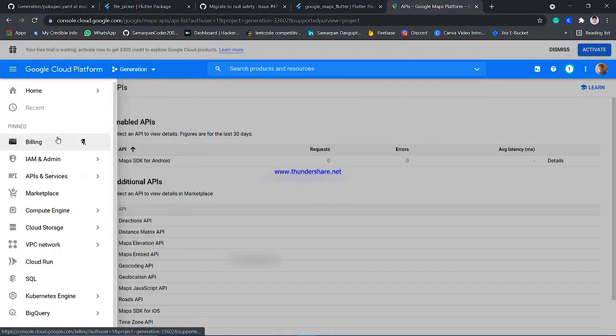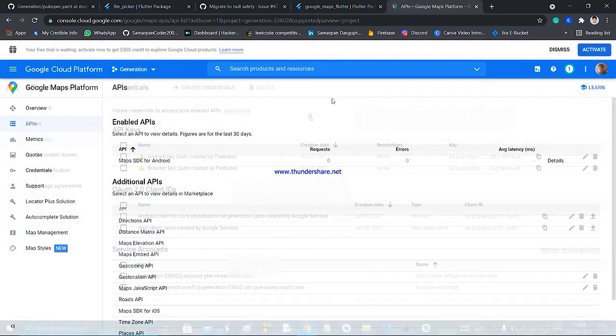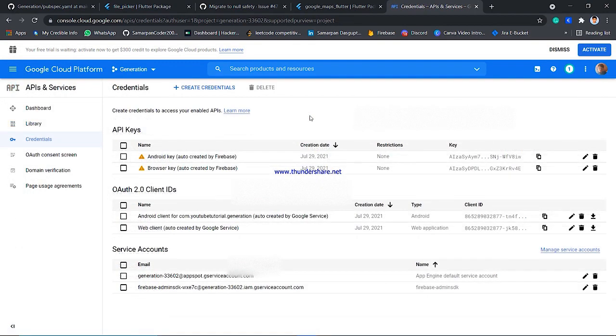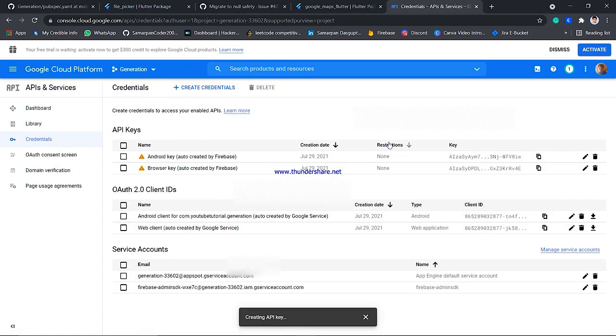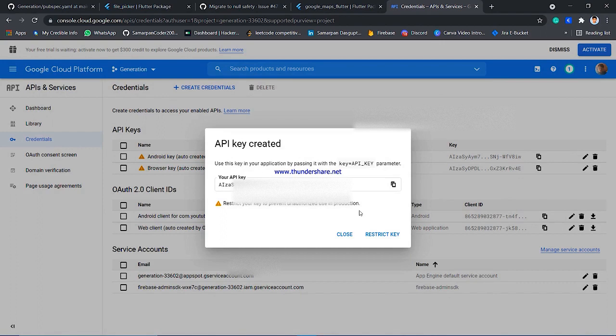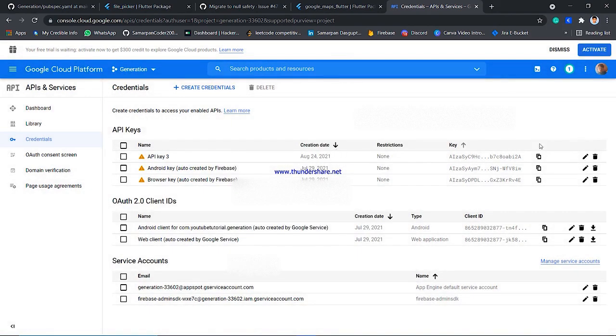Now we have to generate the credentials. So go to APIs and Services, Credentials. Here you have to create credentials for a new API key. Okay, creating the API key takes some time. Okay, that's the API key, but we now have to restrict our API key, so you can close it here